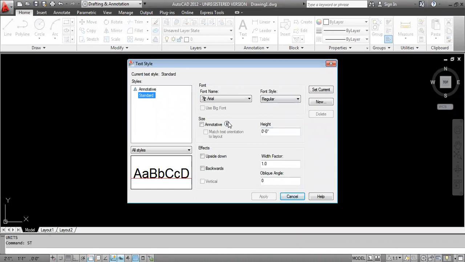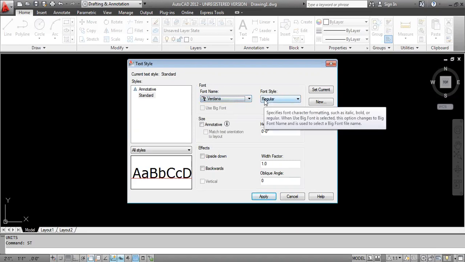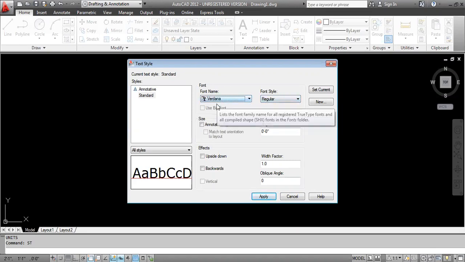text style. Here the same thing you have to give. Last time we gave Times New Roman here. Now I am giving Verdana. For text we can use any kind of text. Whichever text you feel is good, you can use.